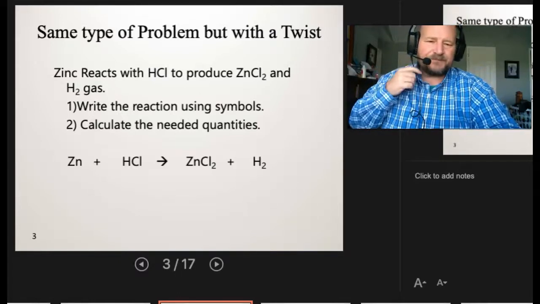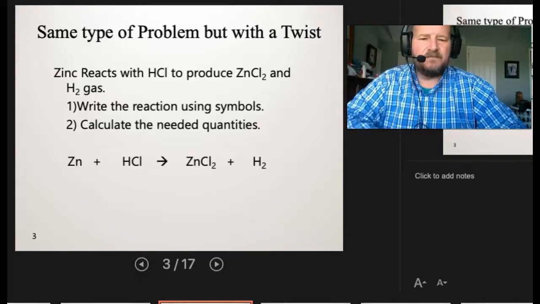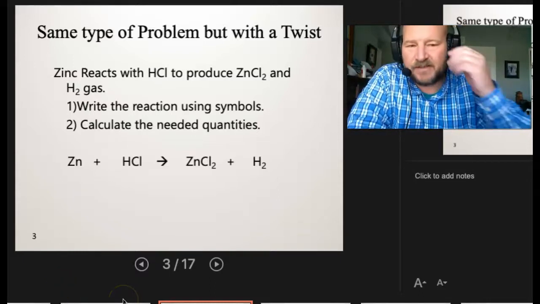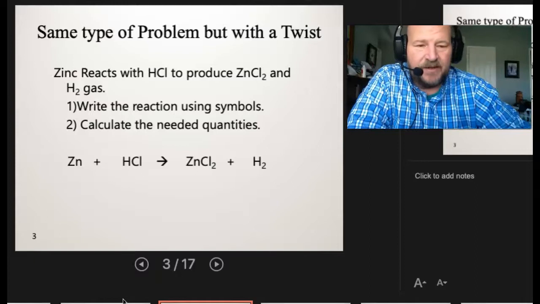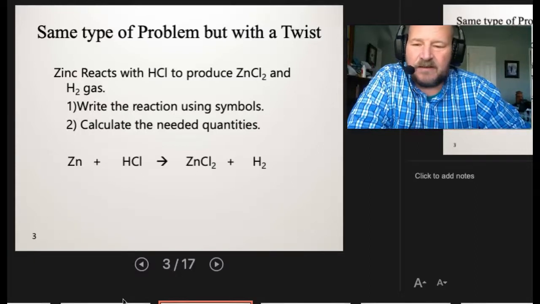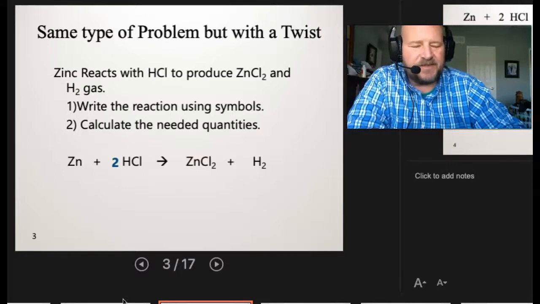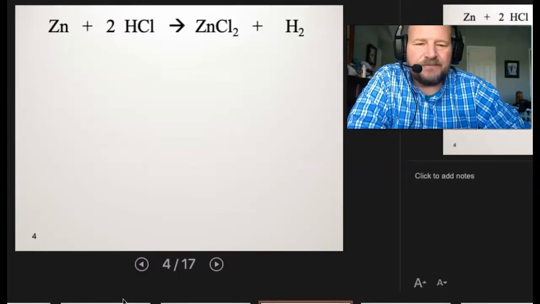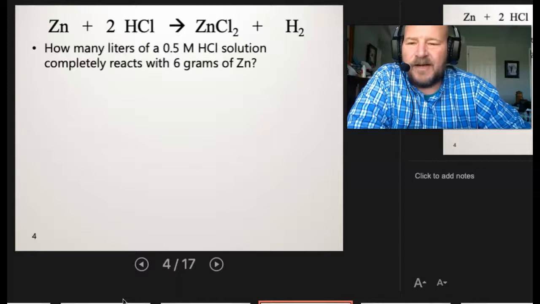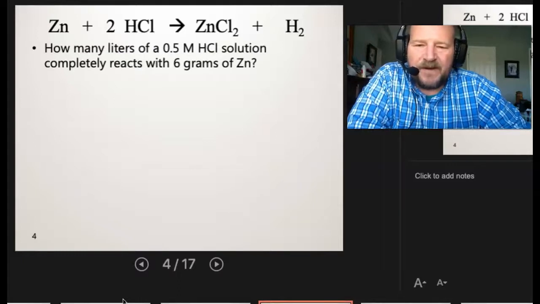And of course, we need to balance it. That's the very first thing we need to do after we come up with it. And so I'll give you a second there. Hopefully, right, you need a 2 in front of HCl. So that's our reaction. So now the question was how many liters of 0.5 molar HCl solution completely reacts with